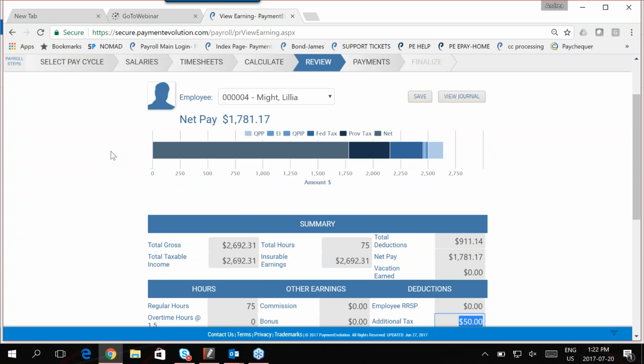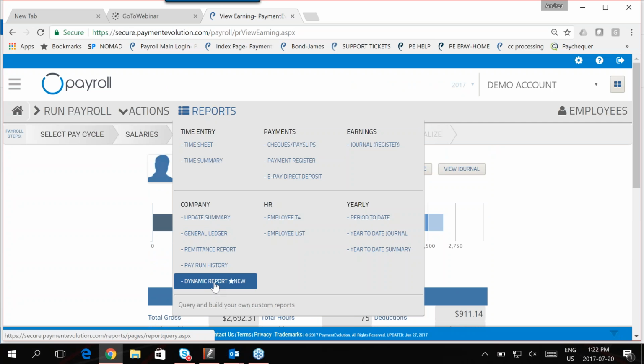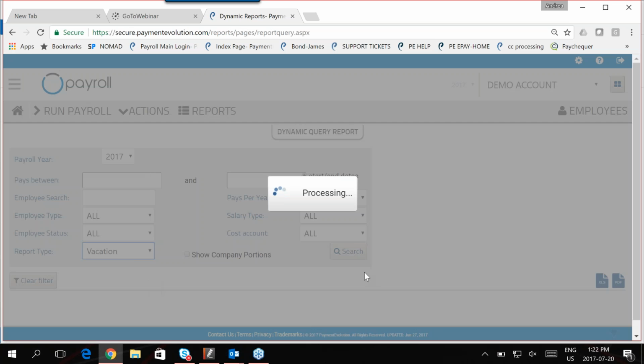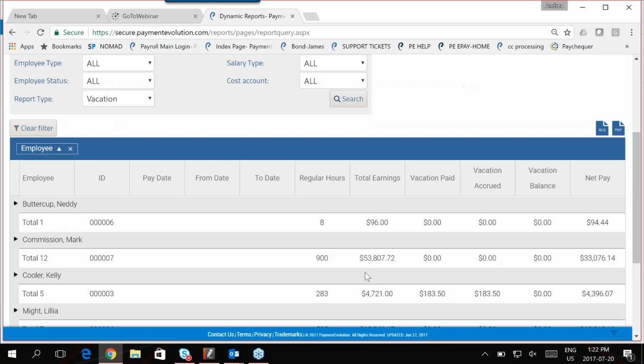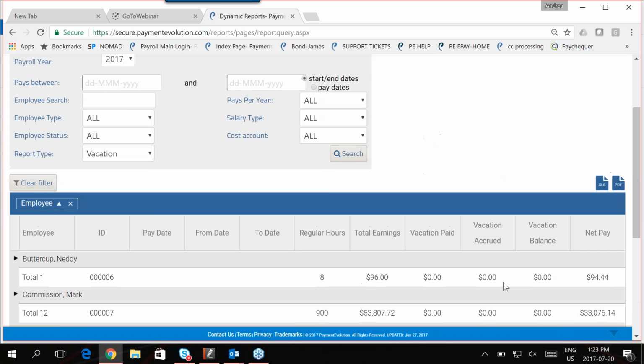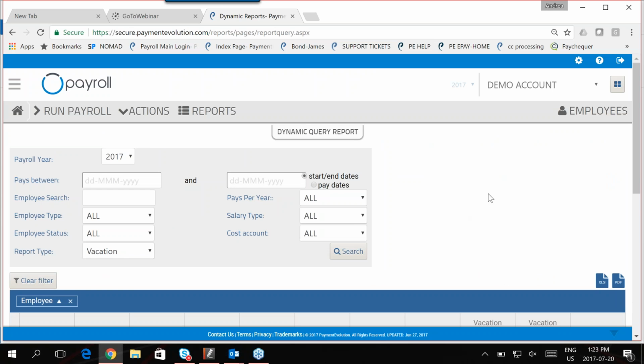If you're looking for a report on those, absolutely. So you can go to reports, and then dynamic report. Change the report type from general to vacation. And what you will see is total earnings, vacation paid, accrued, and balance. So accrued would be accrued so far this year, and then the balance is what's still owing. If that was not the question, then